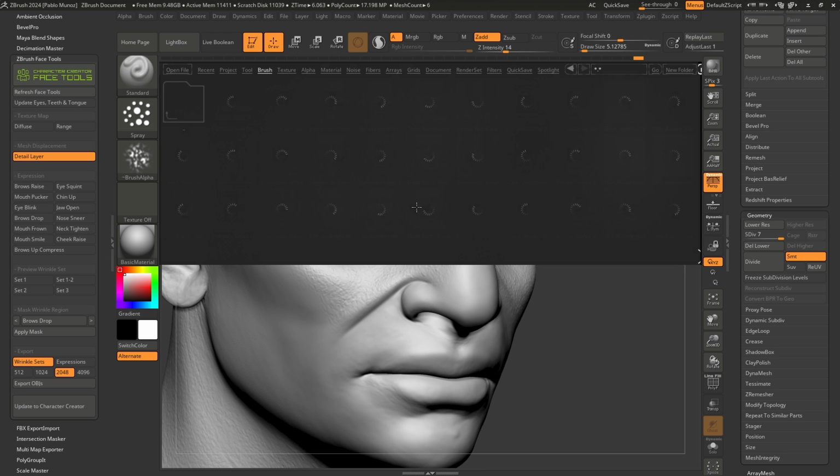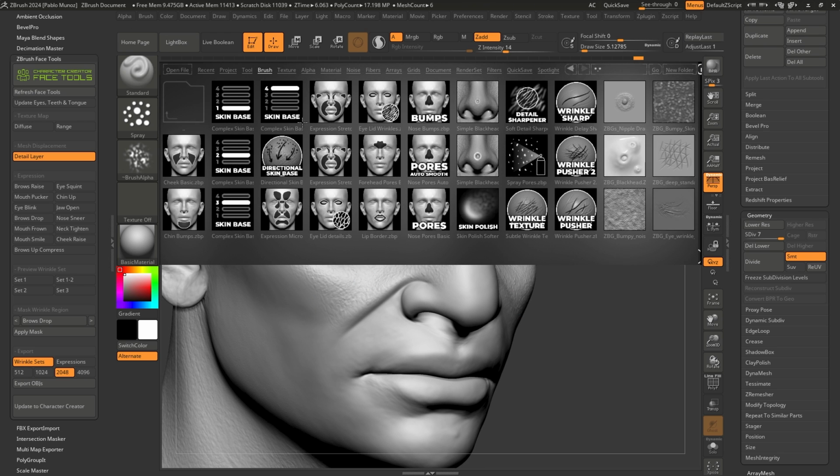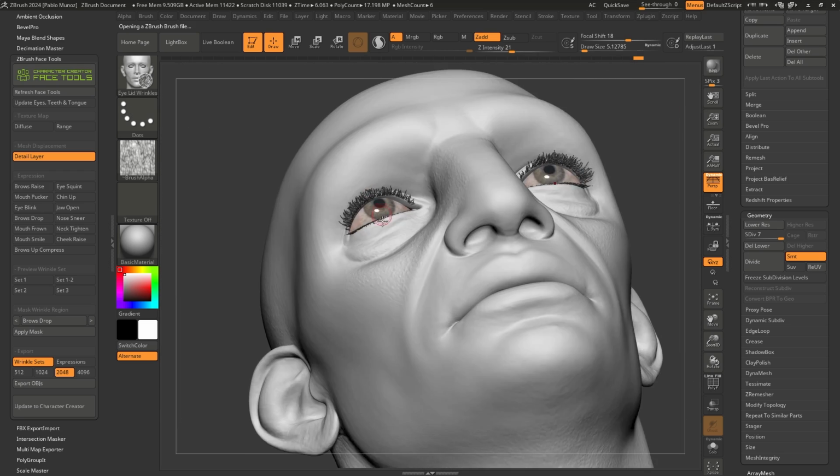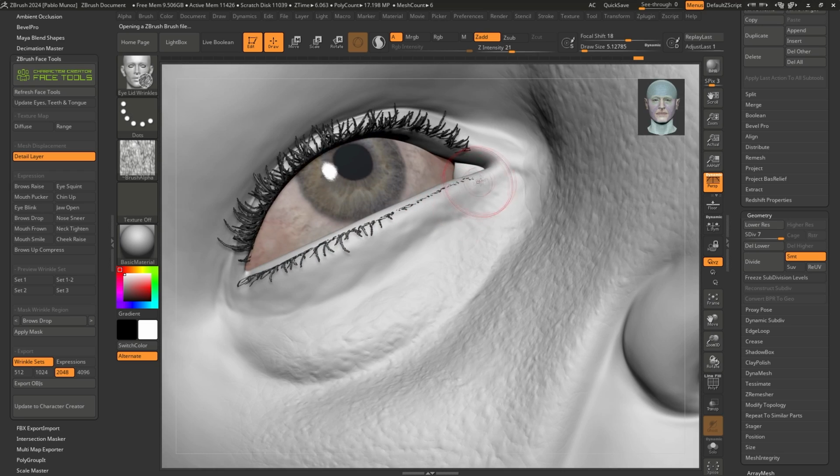Now I'm going to go ahead and open a couple more just to cover some of these brushes. Again, just let me reiterate, you don't have to use these brushes at all. You can use any brush that you want to detail your sculpt in ZBrush. The only reason I'm showing you this is because it just speeds up this process a little bit more for me. So for instance, let's go ahead and take this one right here for the eyelids. And let's go closer here.